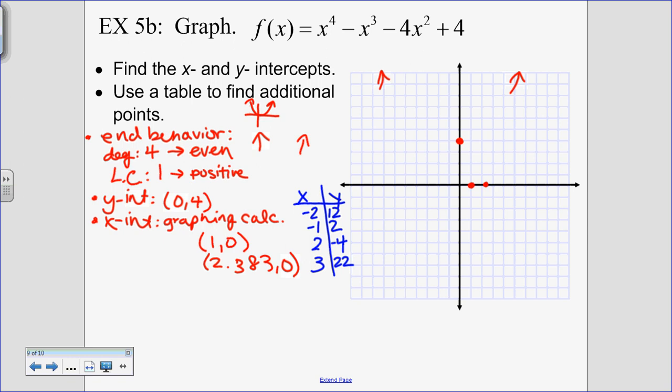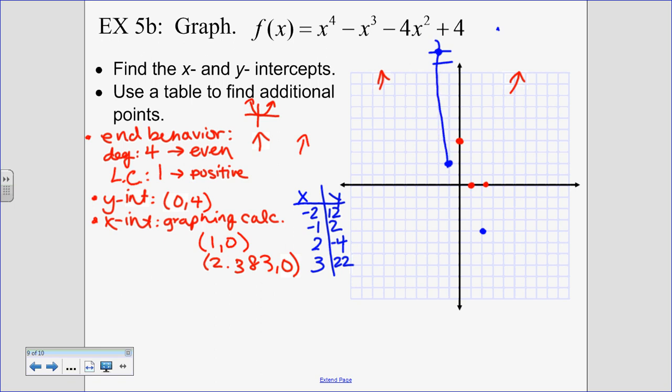Okay, so (-2, 12). So we're going up here. That's going to be 2 above. So maybe you would want to change the scale on this graph, but we're going to get a good enough picture here. So (-2, 12), (-1, 2), (2, -4). So we're at 1, 2, 3, 4. And then (3, 22). So that's just telling us that at 3 we're going to be up here way off the graph. Okay. So here we come down,